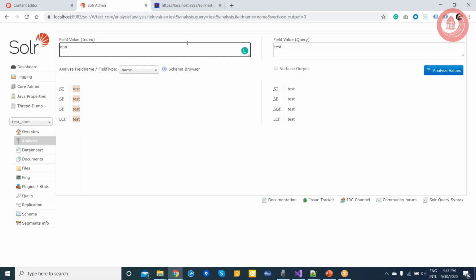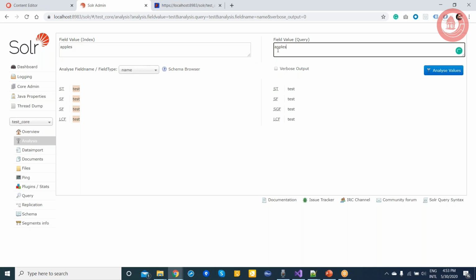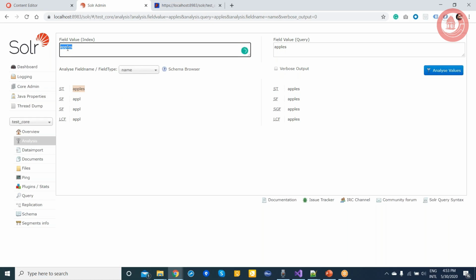Now, if I'm searching for apples, you can see something happens here, right? These things 1, 2, 3, 4, I will discuss in the next slide. But Solr took apples as an input and used the standard tokenizer, and then the tokens were divided into a stream of tokens.